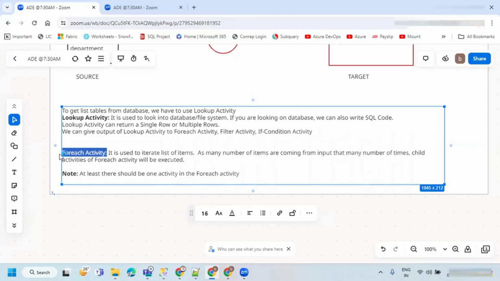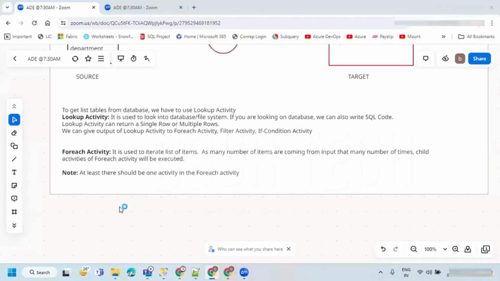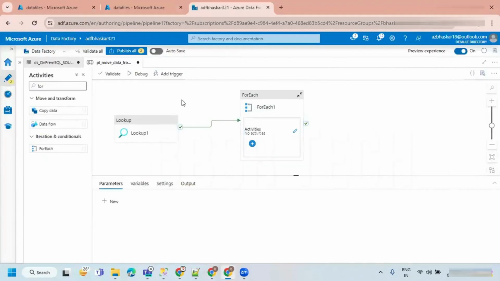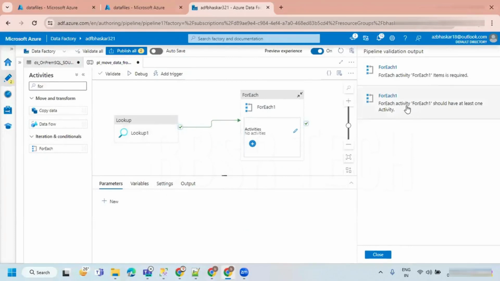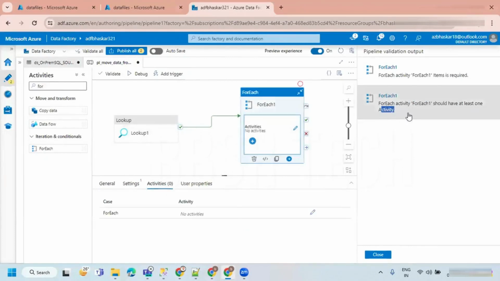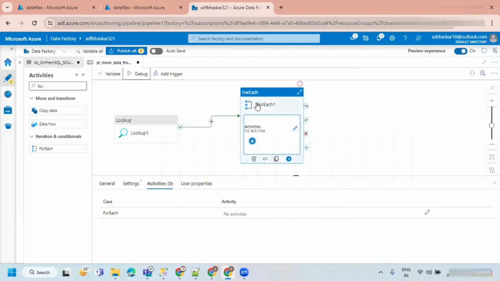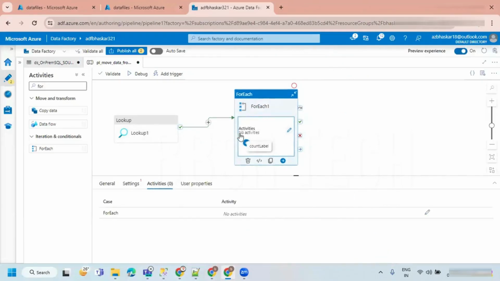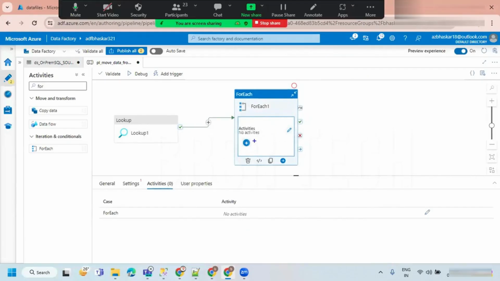Just keep in mind, 100% we require at least one activity inside. If we try to debug it, it is not going to debug. Whatever activities are inside this ForEach activity are going to be iterated. For example, say there is one copy data activity inside this ForEach.